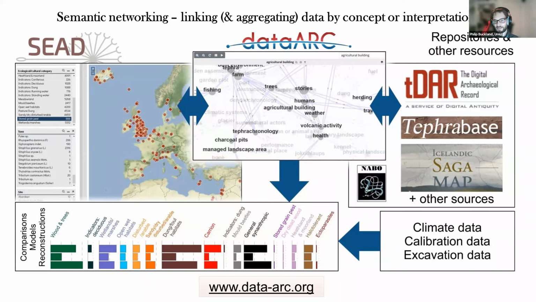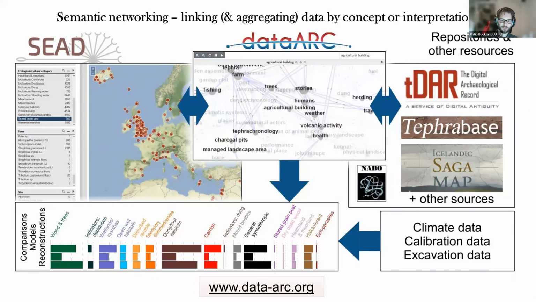And my final point is the next stage of this. That was just looking at the beetles with a bit of vegetation thrown in there. But when you make the data openly available like this and machine readable, that allows you to connect it to a massive number of other similar systems for different purposes online. And one thing that's quite interesting to do there is not just link the data, but to link the interpretation or the meaning of the data.